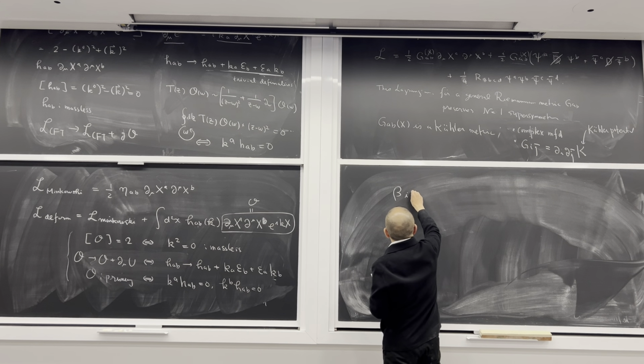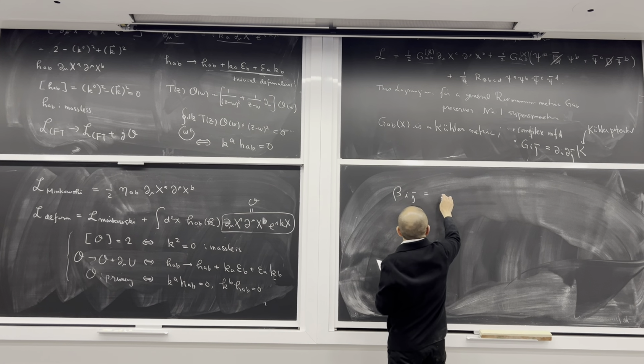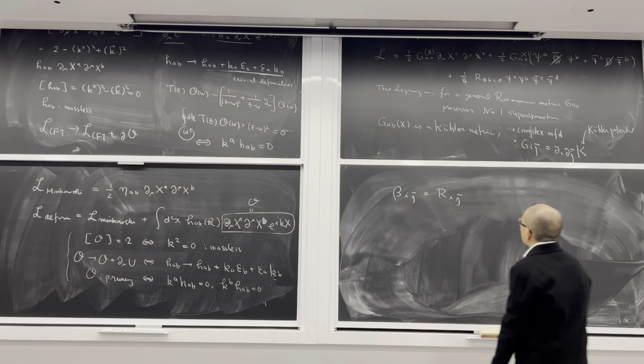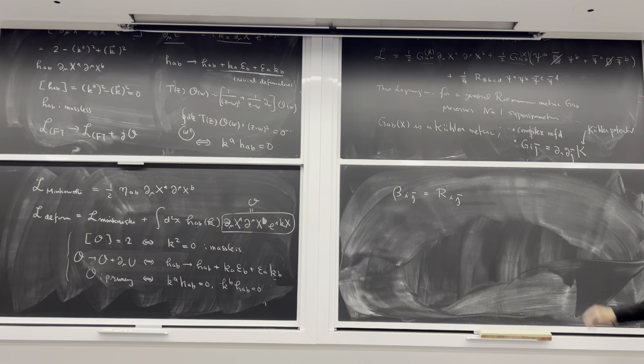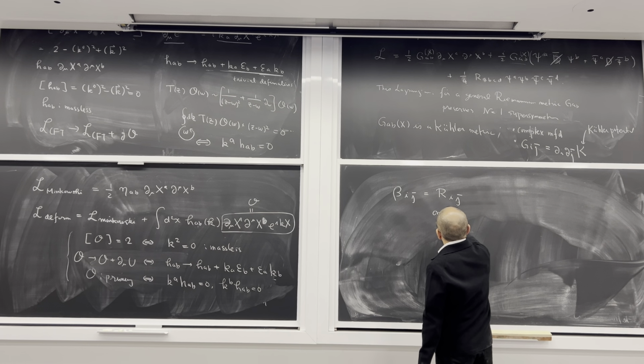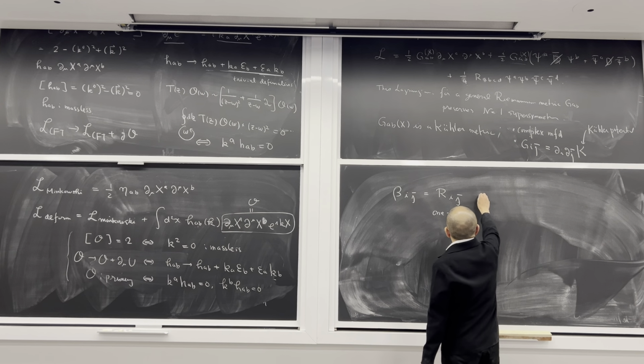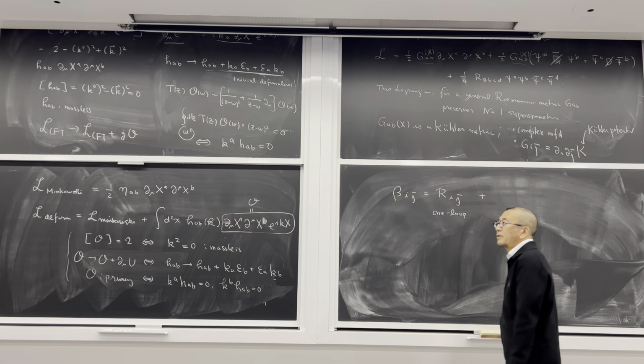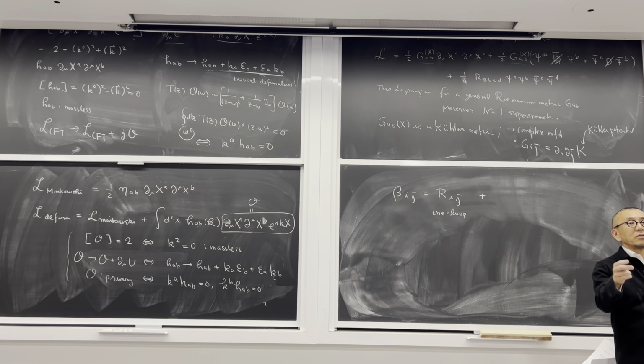If you calculate the beta function at one loop, this is proportional to the Ricci curvature. So this is not a surprise. This was the case for a general Riemann surface too. But then you calculate higher loops, and you find that at two loops,